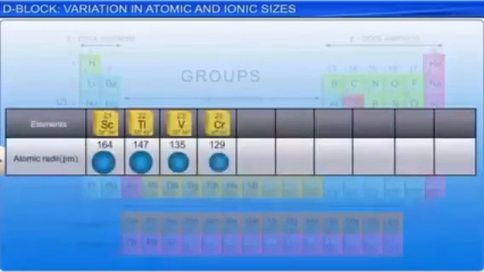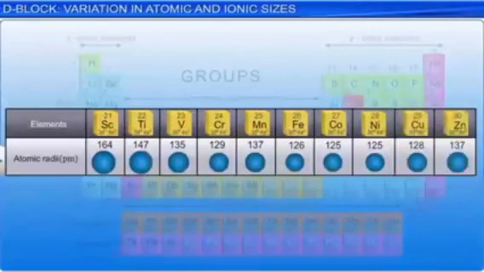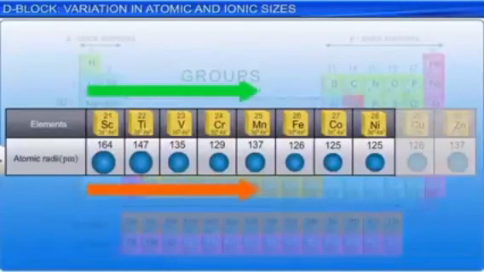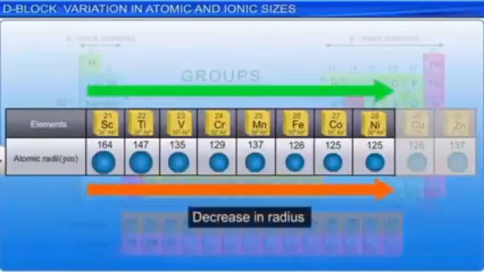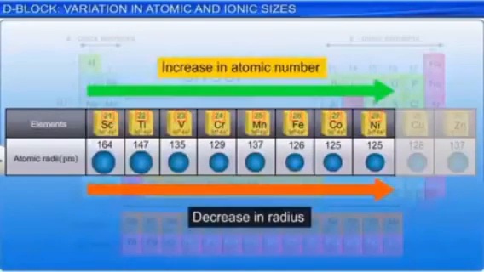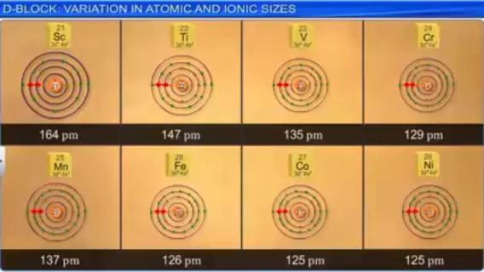The atomic radii of elements in the 3D series are given in the table. You can see from the table that the atomic radii of the elements show a progressive decrease in radius with an increase in atomic number. This is due to the fact that an increase in the nuclear charge tends to attract the electron cloud inwards. You already know that d